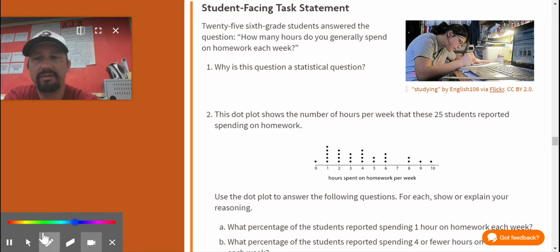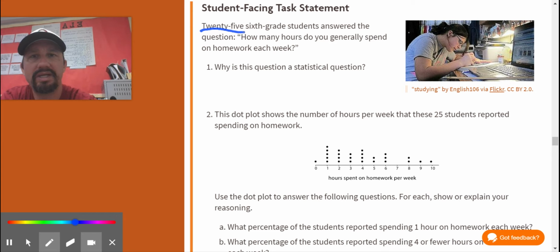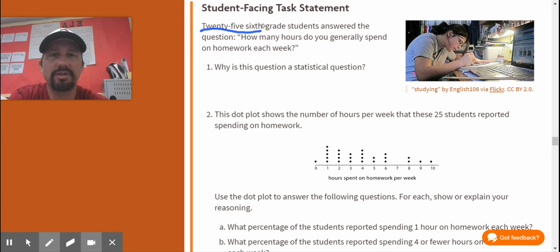So the question here is that 25 sixth grade students answered the question, how many hours do you generally spend on homework each week? Why is it a statistical question? It's a statistical question because you expect to get some variability for an answer. And you also,